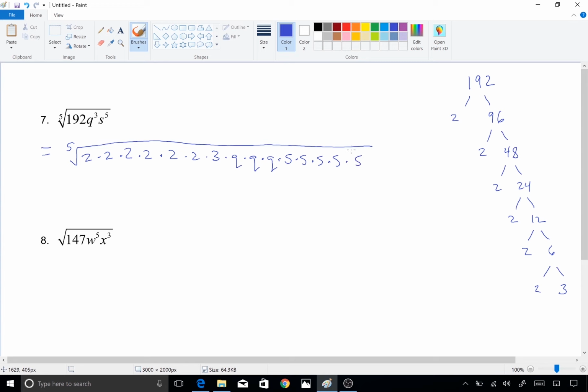We want groups of 5. There are 5 2's here, 5 s's here, and everything else gets left in, so we'll have a 2 times 3 times the 3 q's. And we pull out a 2, we pull out an s,